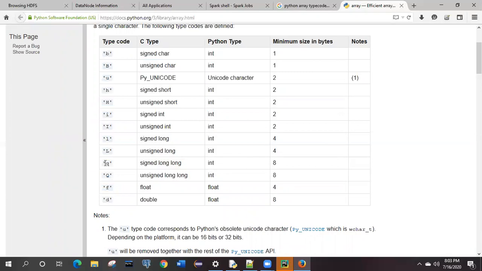Got it? So it says for a double value you have to use D. Like for a normal signed integer, we have used I. There are certain values which are signed and unsigned. If you see the range for this I, it will start from 0 to a particular range, integer type. But if you check the unsigned, it will be on both the negative and positive sides.